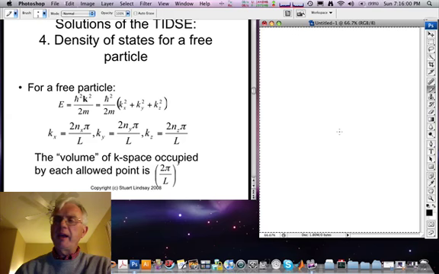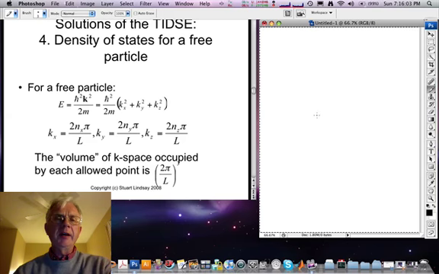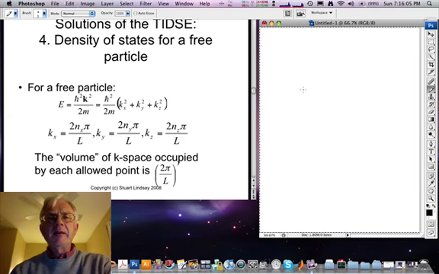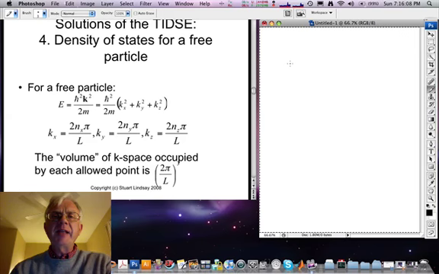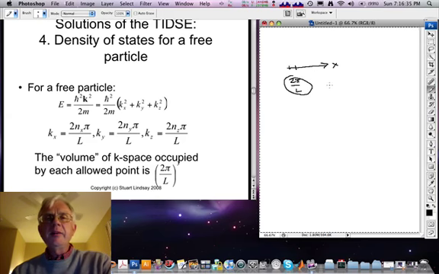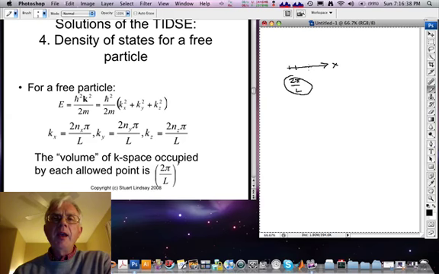There is an interesting way of looking at the distribution of k points. The spacing between adjacent k points in any direction, for example along the x-axis, is given by the distance between the points for successive values of the integer nx, nx equal 10 and 11 say, and that distance is 2 pi over L. So these points in k-space, in this case the x direction, are equally spaced in 2 pi over L. Of course, as L goes to infinity, the spacing between the points goes to 0, and